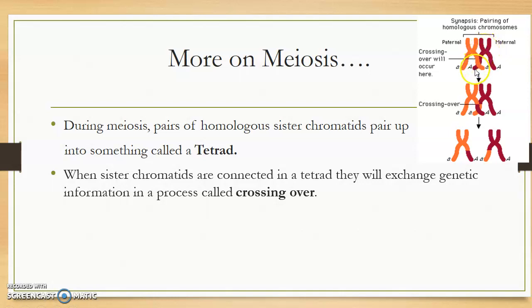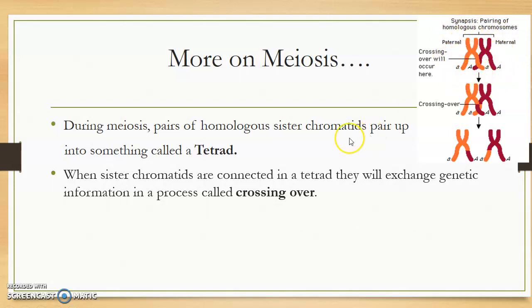Now, why is it called a tetrad? Well, if you've ever played Tetris before, which if you haven't, you're blowing it because it's awesome. In Tetris, in order to get a Tetris, you have to get 4 lines. Tetra means 4. So a tetrad has 4 chromatids, 2 from the father, 2 from the mother. And they pair up like this, and they form this little tiny structure called a tetrad.